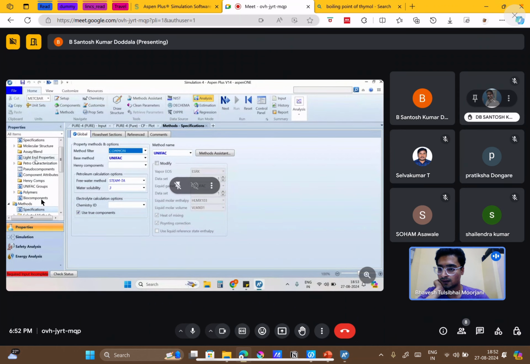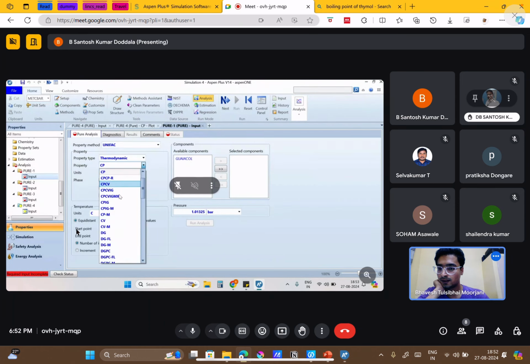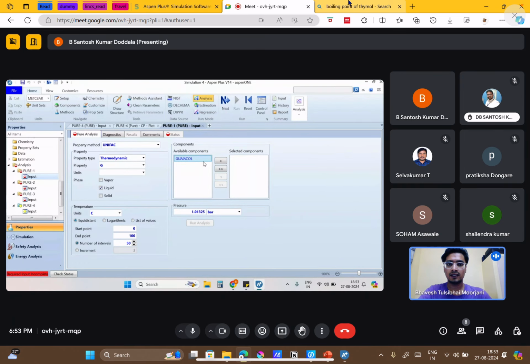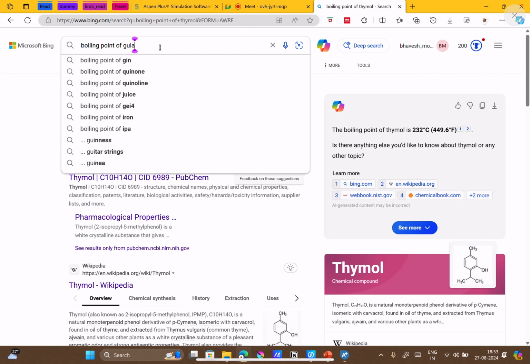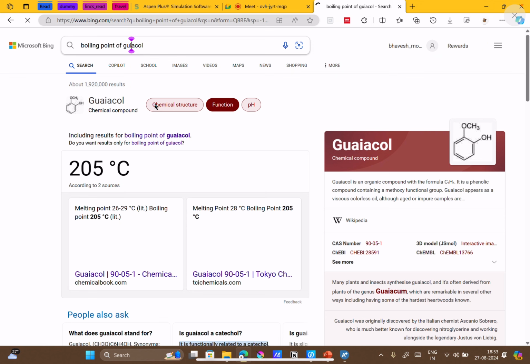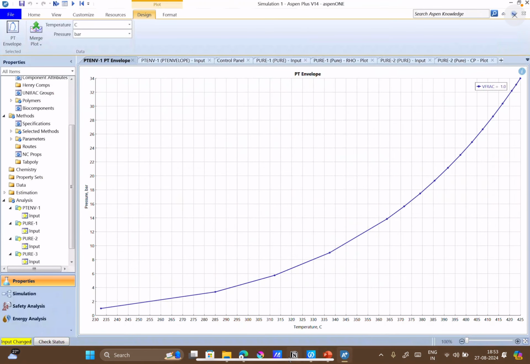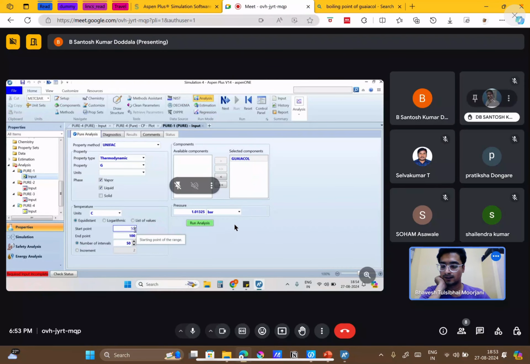No, go to the below. Not in the specification. Let's say pure. Select Gibbs free energy G. Just a minute, let me search the boiling point of guaiacol. 205 degrees centigrade. So keep your temperature limit from 50 degrees centigrade to 250 degrees centigrade.